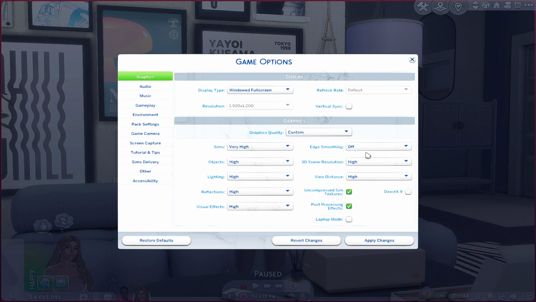Another thing is I turn edge smoothing off because it kind of messes with my GShade a little bit, and I don't have laptop mode on, even though I do play on a laptop. Other than that, most of my stuff is pretty high. I don't have the highest end of